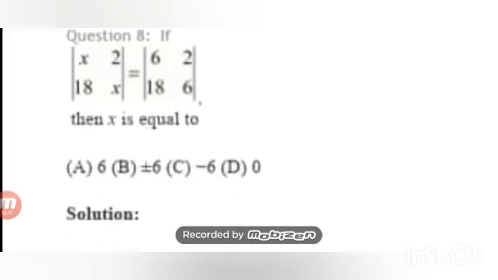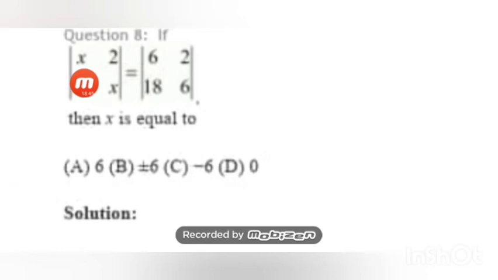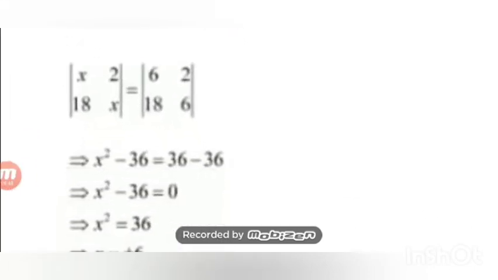So after that, the next question number 8 is what? Again, a two matrix equation. It's an optional question in your book. So the equality is given. Write down this determinant. This is equal to this one. X square minus 36. 6 sixes are 36, minus 36. This is equal to 0. X square is 36. So x equal to what? Plus minus 6. Hence your correct option is what? Here you have seen that the correct option plus minus 6 is here in B. So this is your correct option.